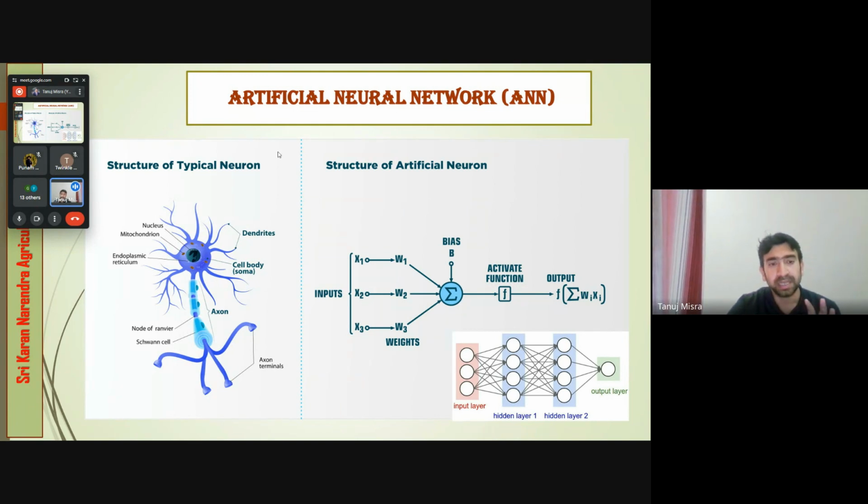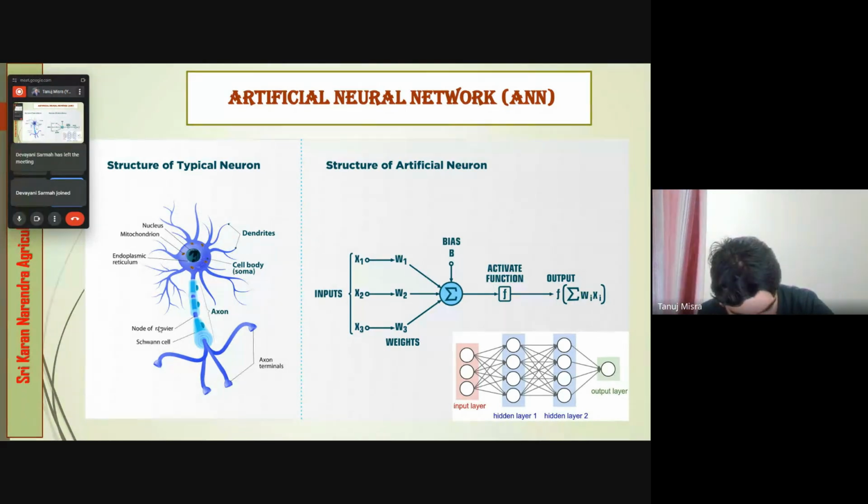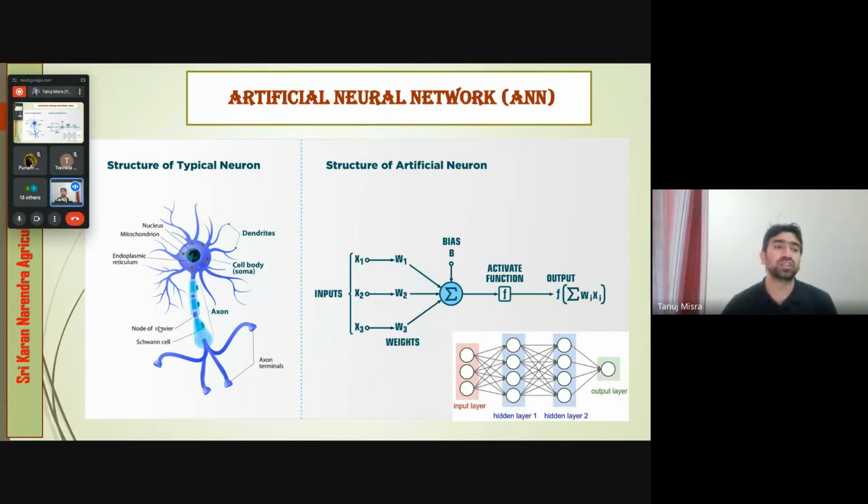We know that this is the structure of the human brain. Okay, neuron. So here are the dendrites and here is the axon. Axon, dendrites, we know. So from the dendrites, what happens? The signal comes, the inputs come, and after processing is done, this is the cell body, soma. After processing, it takes some output through the axon. That is the basic structure of the human brain.